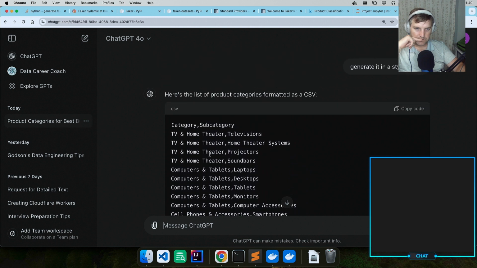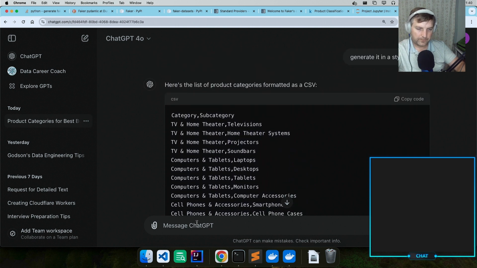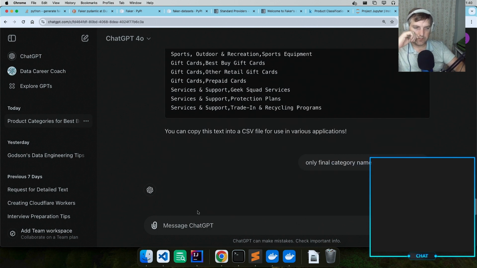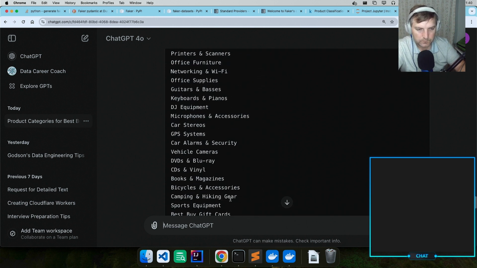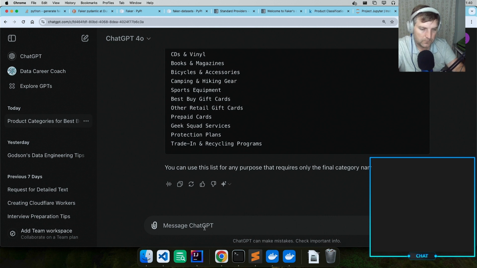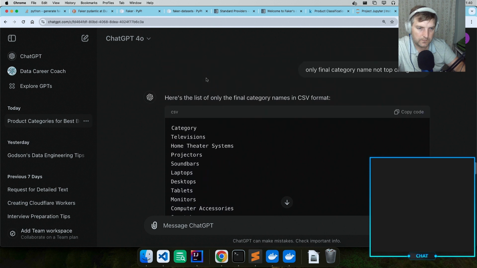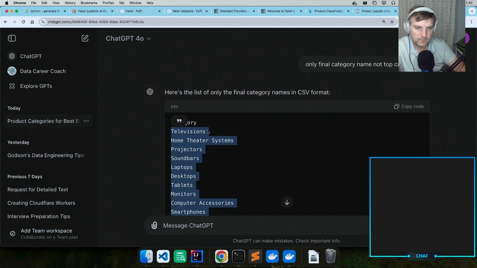Okay, so this is only the final category name, not top categories. I don't care about top categories. Perfect, that's what I wanted. Build it. No, it's fine. Okay, so